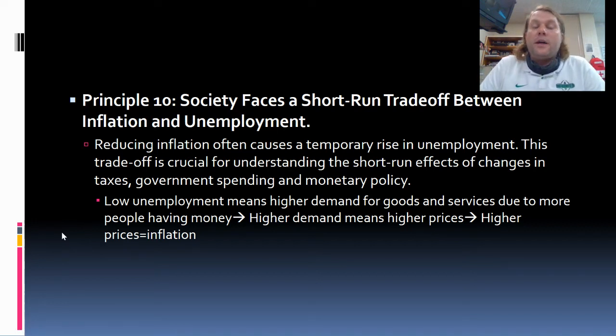And then the last one is that society faces a short run trade off between inflation and unemployment. So we usually look at inflation as a bad thing, and unemployment is obviously a bad thing. We see gas prices go up, and we're like, well, that's no good. In actuality, though, some stable inflation, a small amount of it, is a healthy thing for